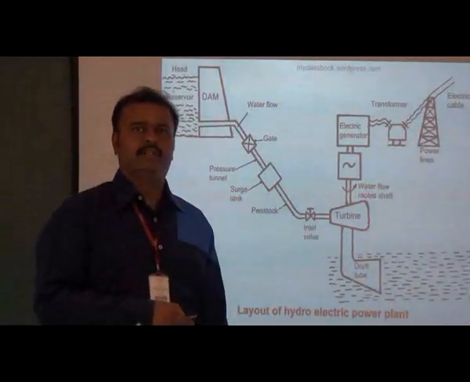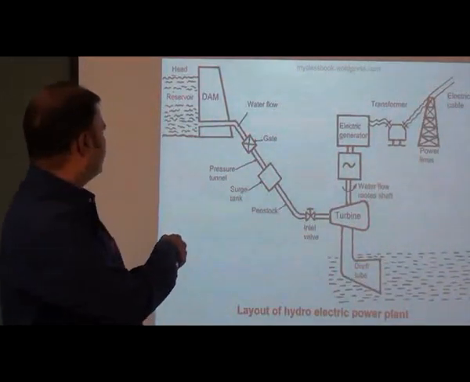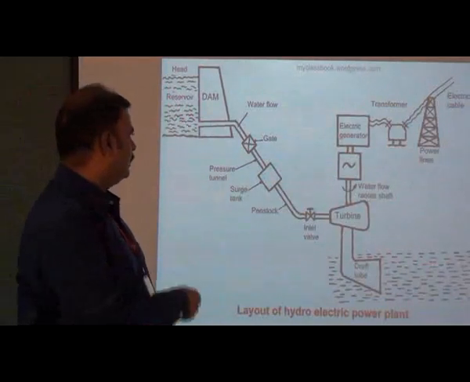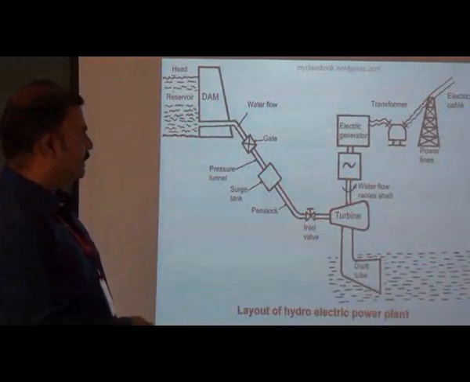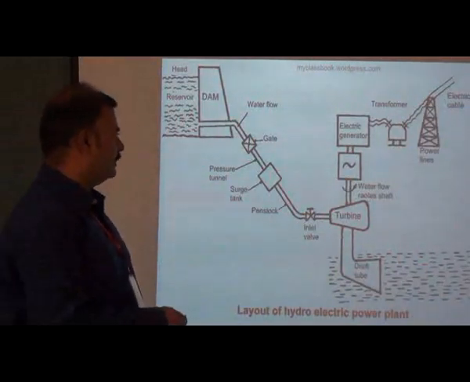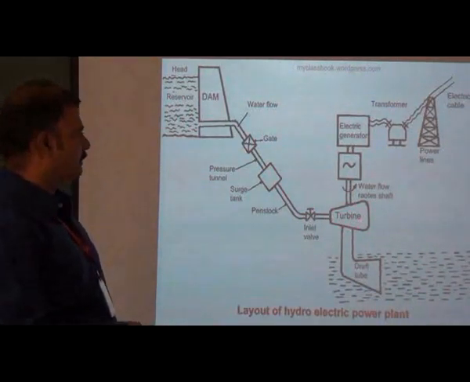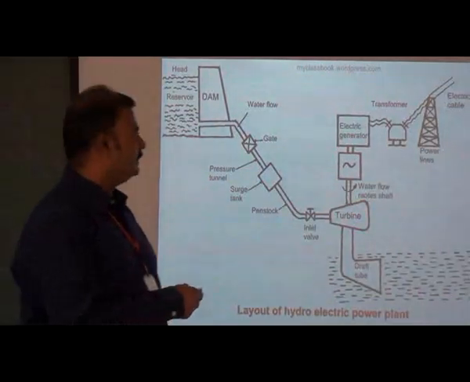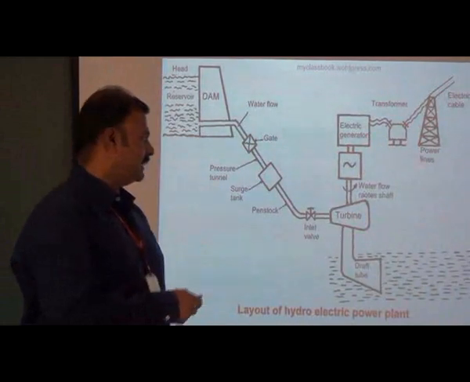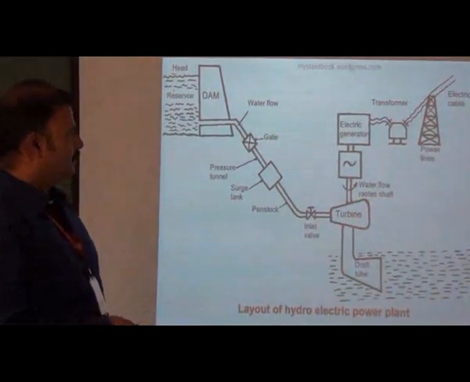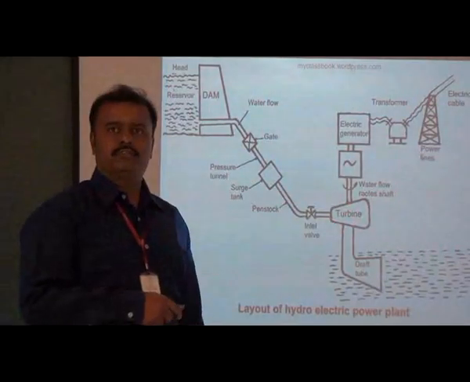There are two types of reaction turbine. We already know the Kaplan turbine and the Francis turbine. When the water is flowing from the higher head level to the lower head level, it has a huge amount of kinetic energy. This kinetic energy is converted into mechanical energy in the turbine. The turbine is coupled with the electric generator so that electricity is produced. Here the mechanical energy is converted into electrical energy, and the electrical energy is transferred by using the transformer and electricity cable.